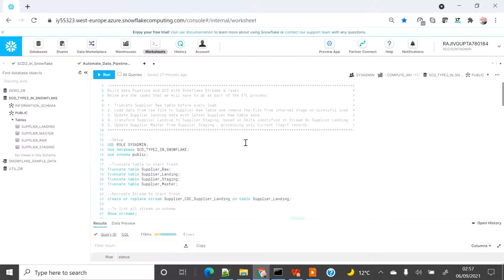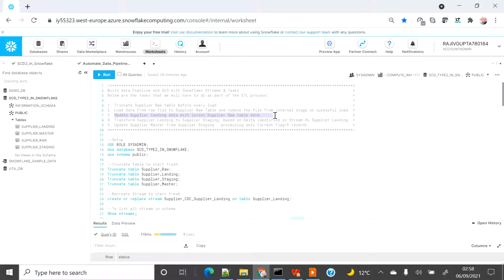In our previous demo, we were truncating the supplier raw table and then manually executing the copy statement. That's step 1. Then we were loading the data from the raw file into the supplier raw table and removing the internal stage file. That's step 2, and we were using the copy statement for that. Step 3 was updating the supplier landing data with the latest supplier raw table data, which was a merge statement.